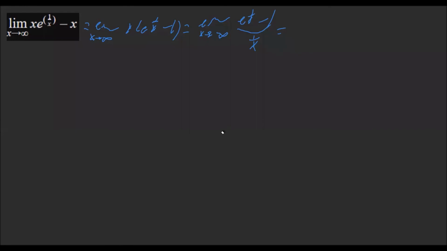And so, of course, you're going to have to naturally state all the proof and how this limit is indeterminate. But since I just proved it to you, I don't really want to write it all down, and I think what I've done is adequate. So we're going to find the limit of the derivative of the numerator and the derivative of the denominator. So we're going to state that this limit is equal to the limit as x approaches infinity of the derivative of the numerator, which is equal to,